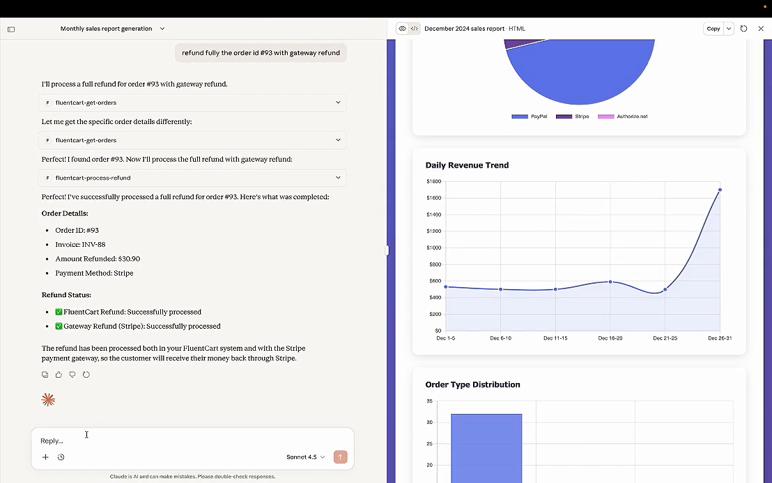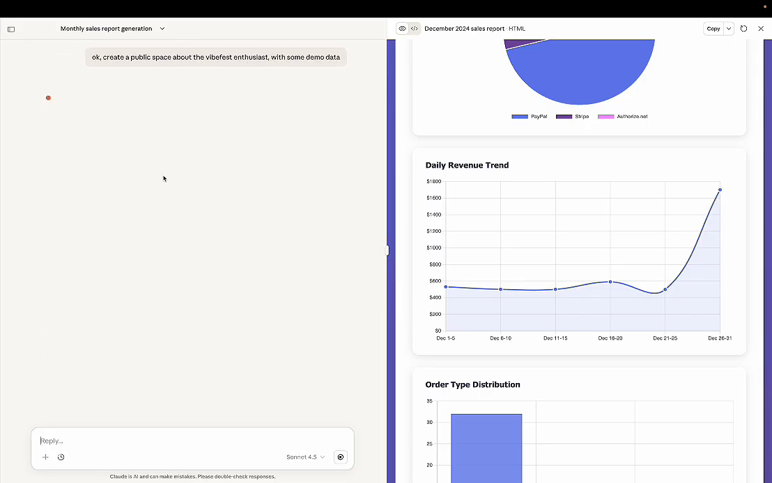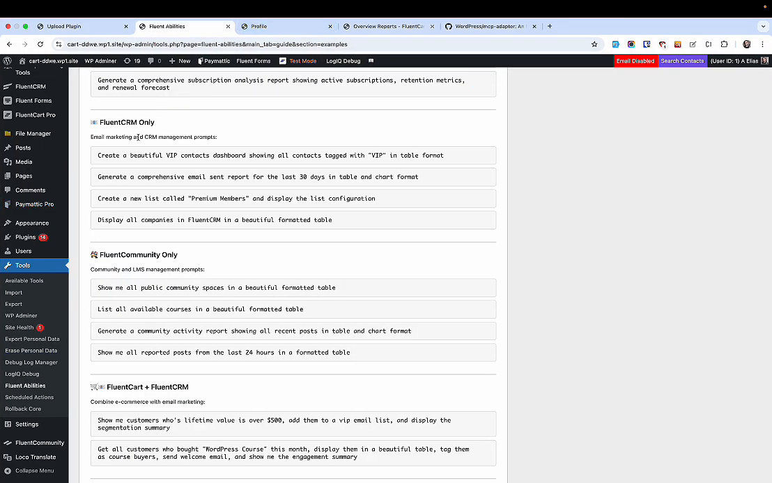Okay, create a public space about the vibe fest enthusiasts with some demo data. Okay, so bear with me. I think it will be able to create a space. Right now, if we check how many spaces we have,